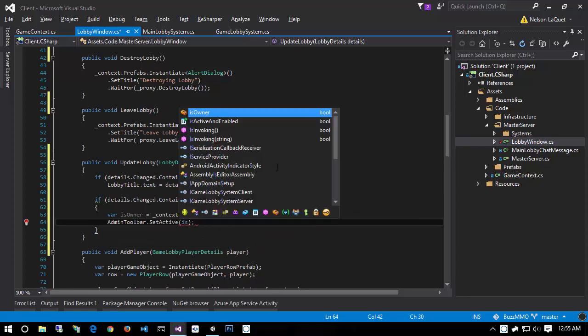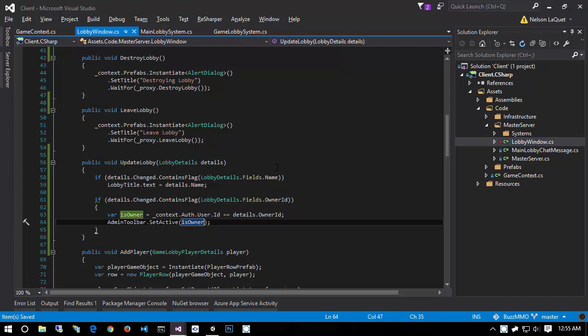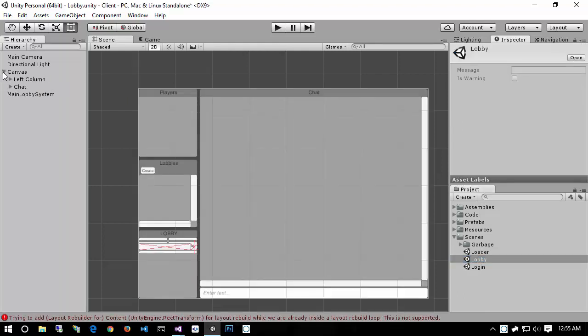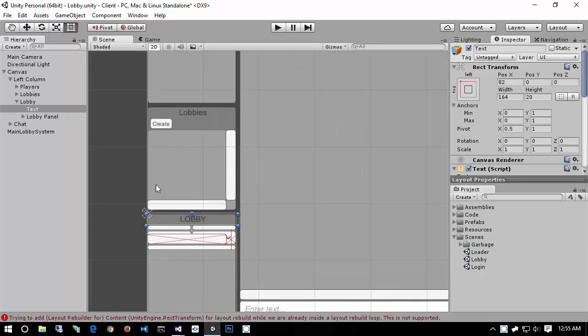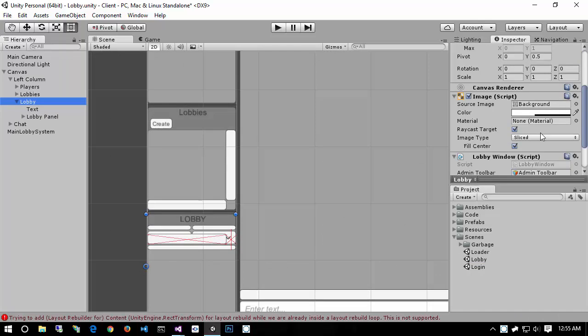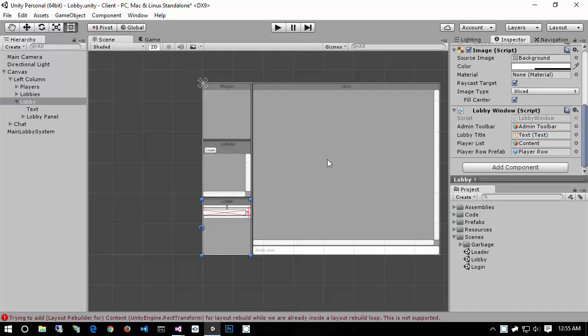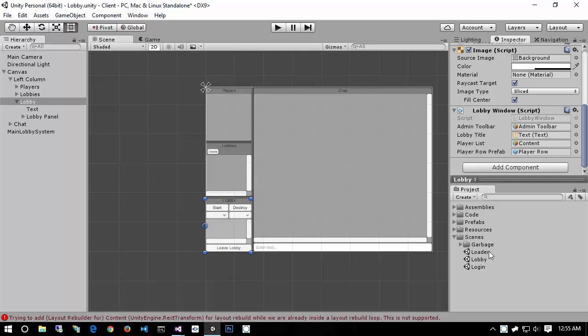And the final thing I have to do before I get a null reference exception, which are our favorite things as C# developers, I have to go ahead and hook up that lobby title text. So let's jump over here into lobby, open up the lobby scene, go into our lobby guy right here, find his lobby window, and drag over the text into lobby text. And then go back into loader, save this out, hit play,